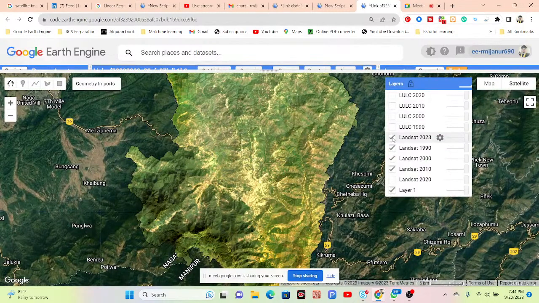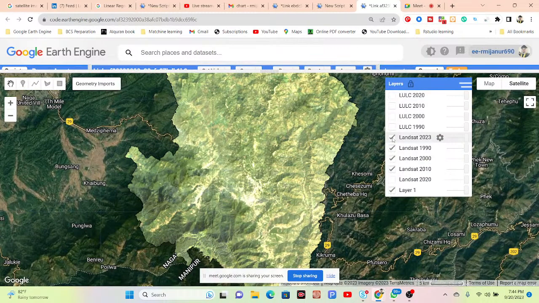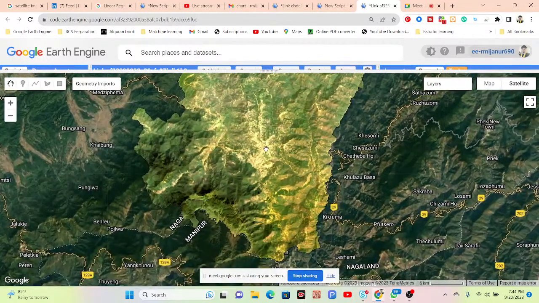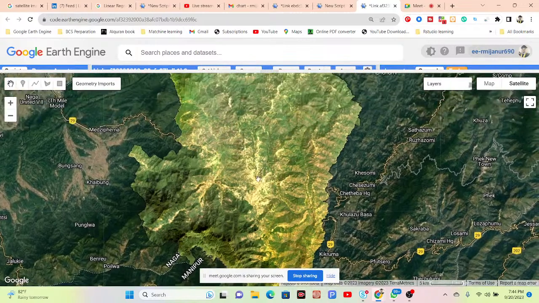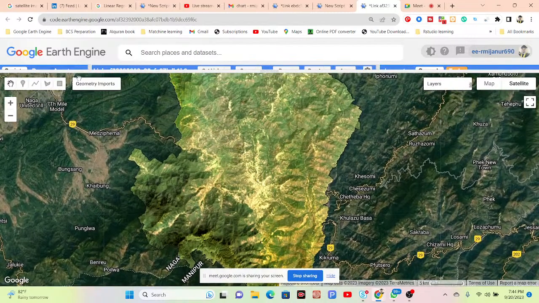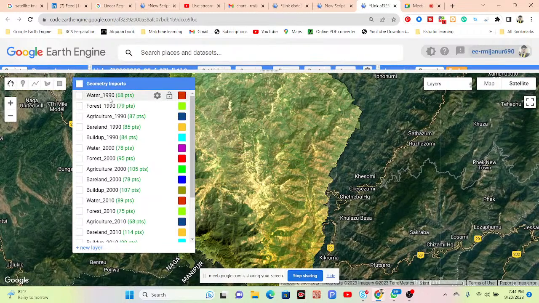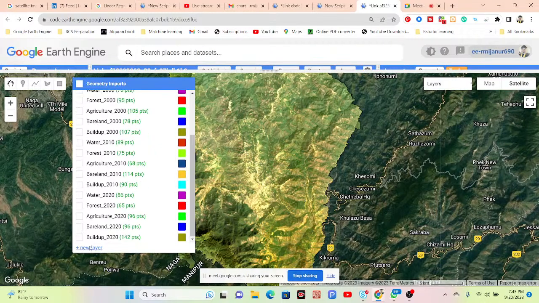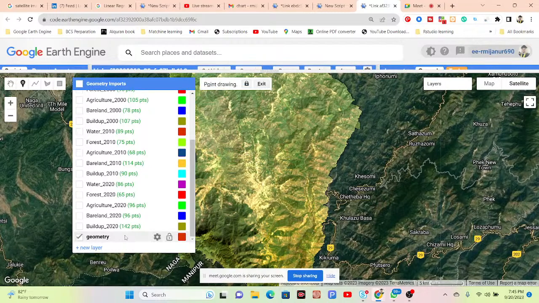You can see it opens the 2023 satellite images. Just open these satellite images and then take the training points. This is the image for the year 2023. Now from here, you can simply take the training points. You took the training points for 1990, 2000, 2010, and 2020, so in the same approach you can also take the training points here. Just click here, and first of all take the training points for